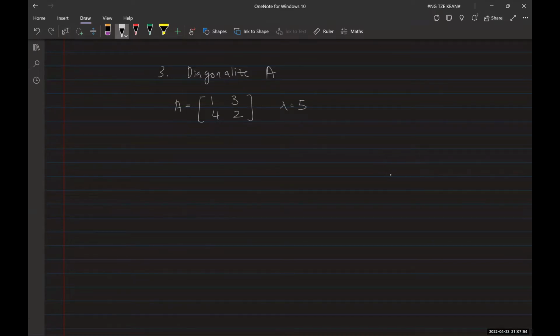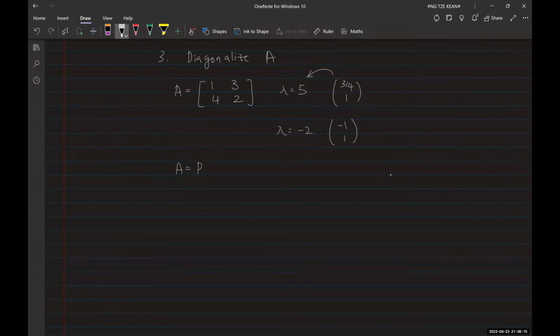So when lambda is equal to 5, then its basis is 3/4 and 1. So this is the eigenvector that corresponds to lambda equal 5. That's minus 2, I get it. Okay, so to diagonalize A, we use the idea of similar matrices such that A is equal to P, D,